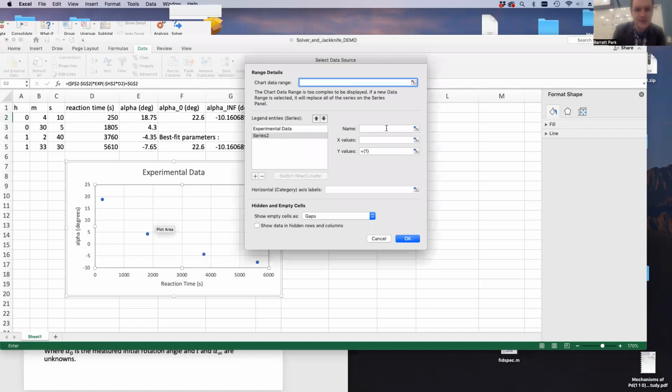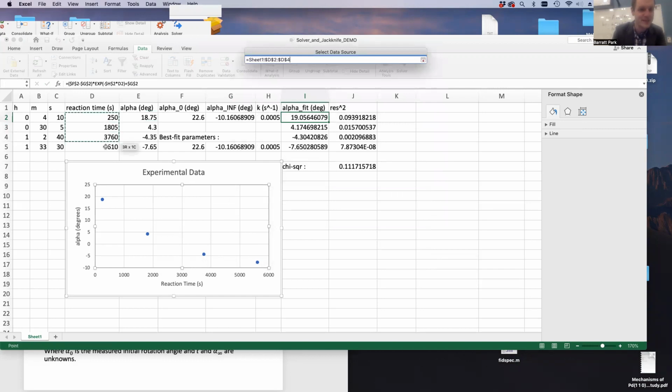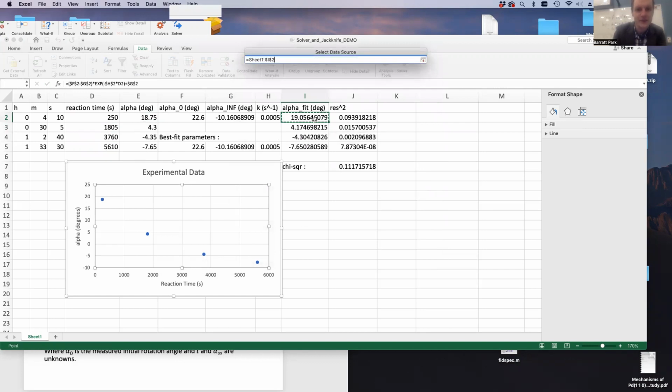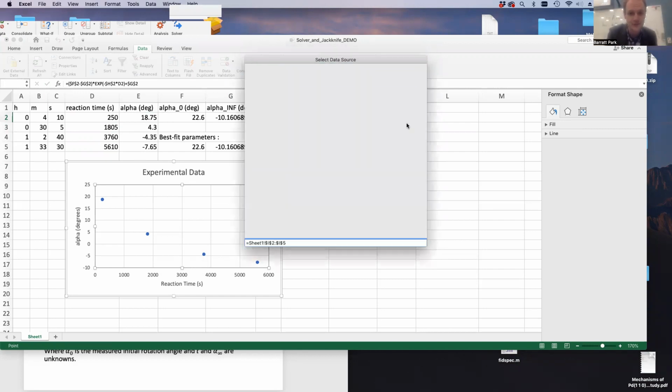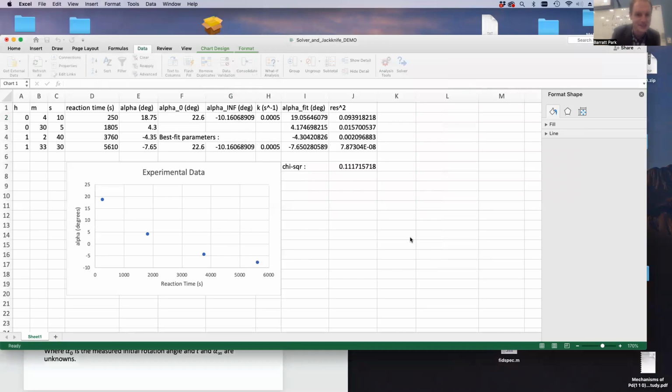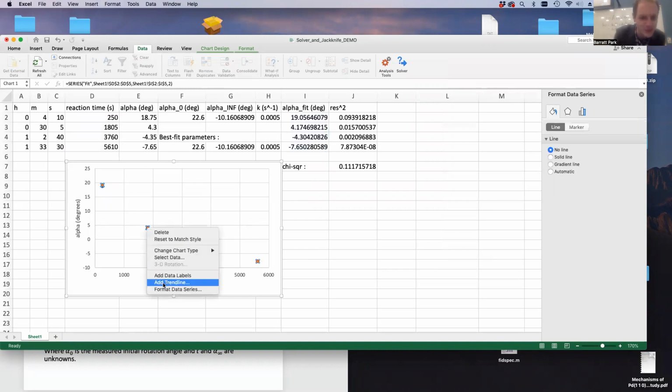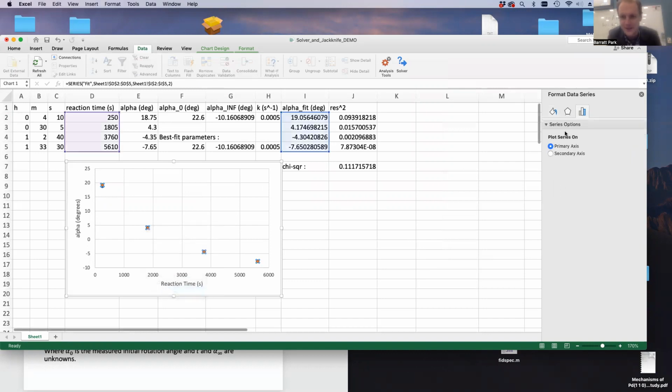So, one way I could do this is just directly, I'm going to select some more data. I'm going to add another data series. I can call this one the fit. And I can take the X values from here, right? The reaction time, and then I can add the Y values that are now calculated by the equation using the best fit parameters obtained from the solver. And if I do that, then it looks like they agree very well with the measured data. The way it's displaying is a little bit stupid. So I probably want to format this data so that the fit is displayed as a curve instead of as